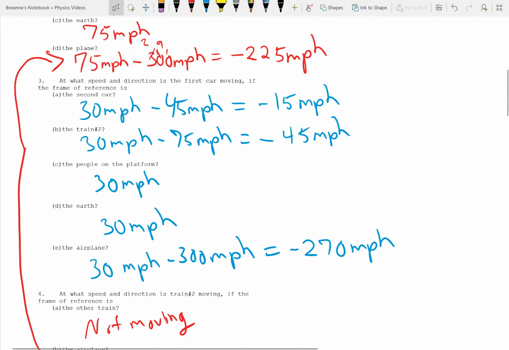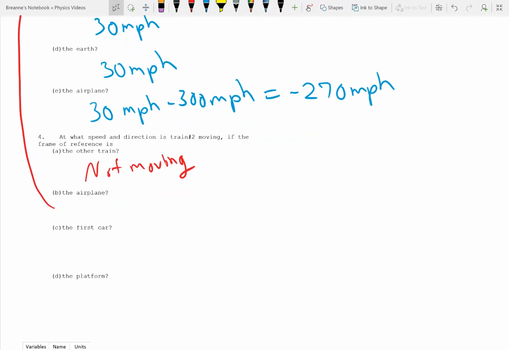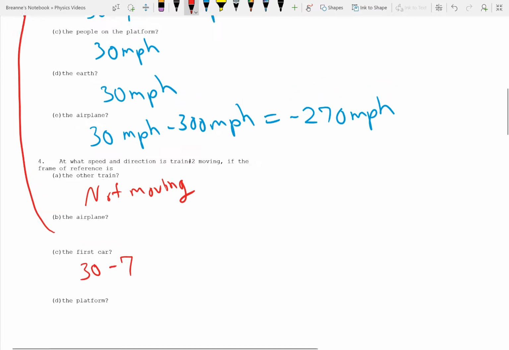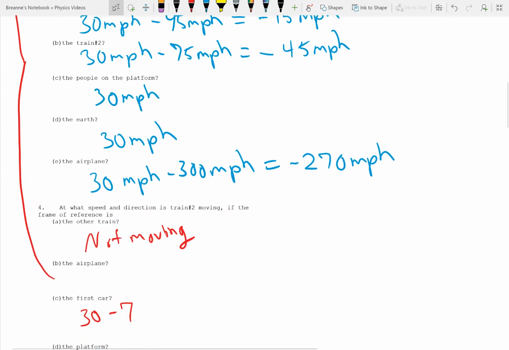The first car, did I do this? No, I did the second car. I didn't do the first car. So the first car was 30 minus 75. Nope, I have to flip it again. Looks like I'm doing something wrong. Let's flip it again, so it'd be 75